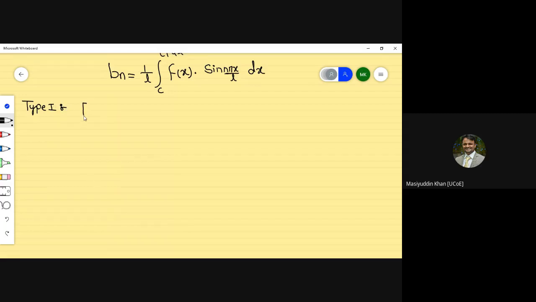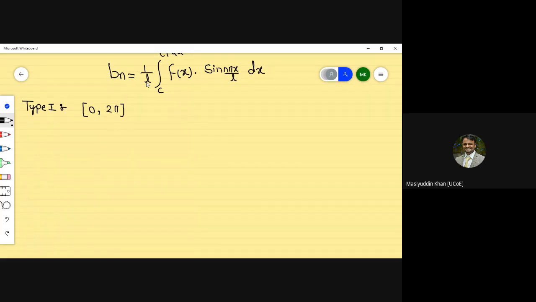When the limit point is 0 to 2 pi, or the period is 2 pi, then what do we have to apply here? Now you can just see that